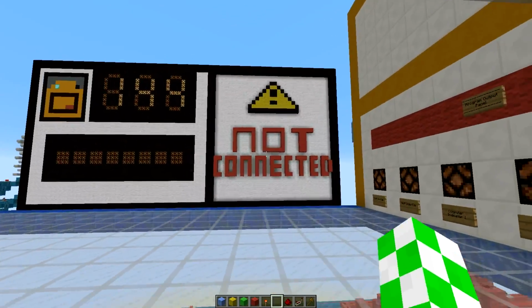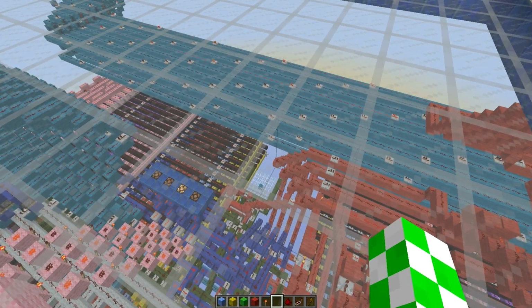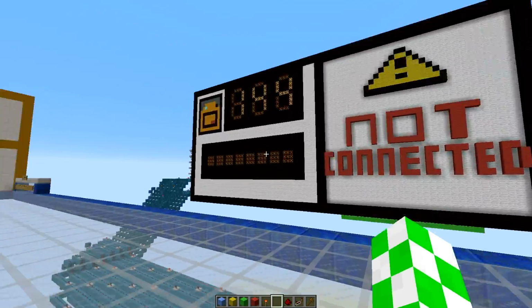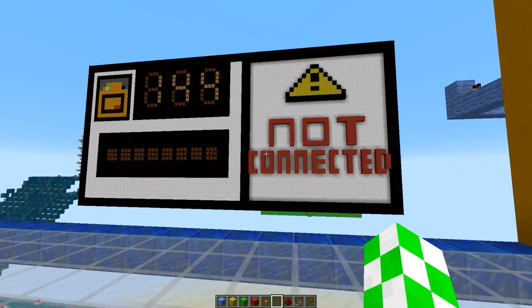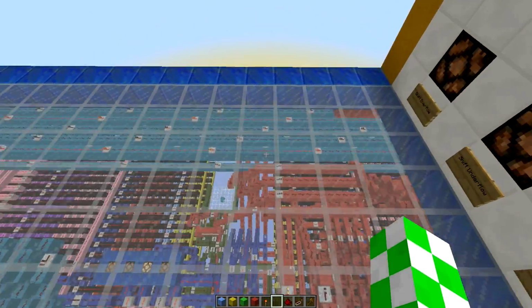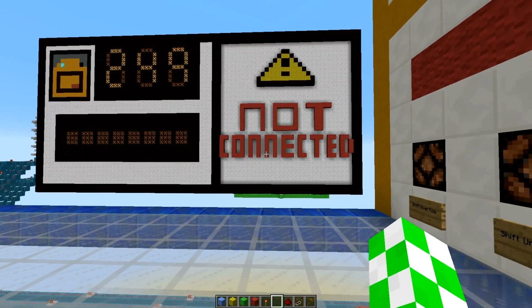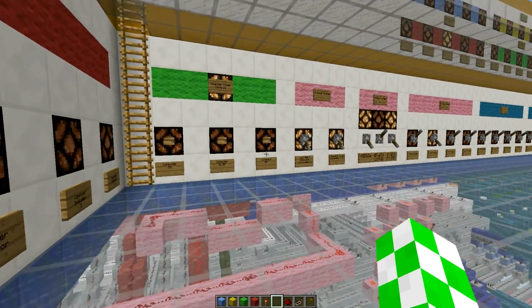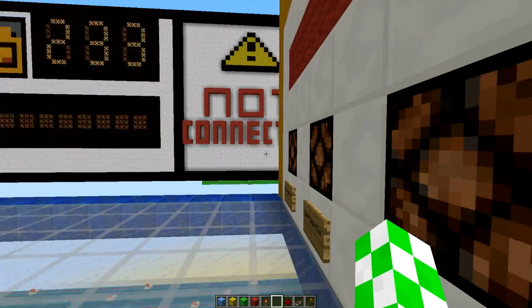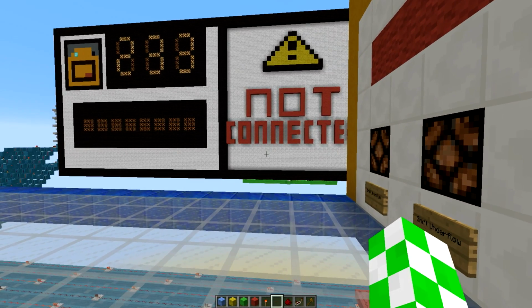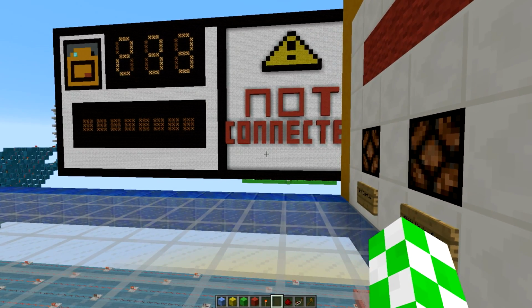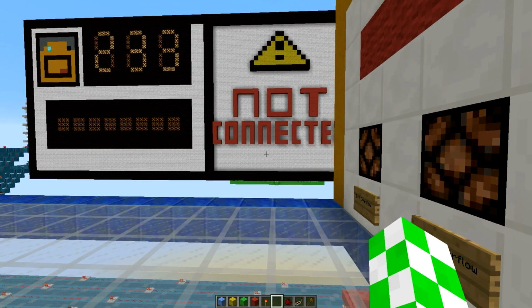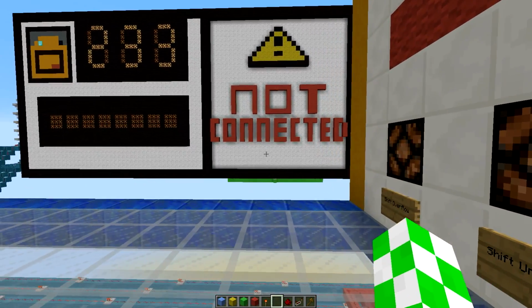So it's slow, but it works, at least for now, since I'm still debugging it. There's a lot of things that can go wrong in a computer this complicated. And 233, there you go. And now I've enabled show exceptions to I/O, so this shift overflow lamp should turn on in the next few seconds or so, and then the computer will shut off if we painstakingly wait for the computer to